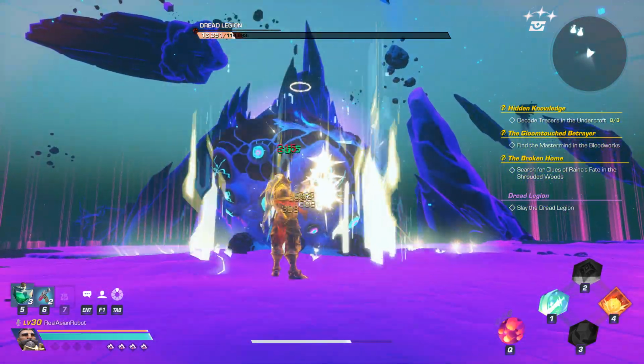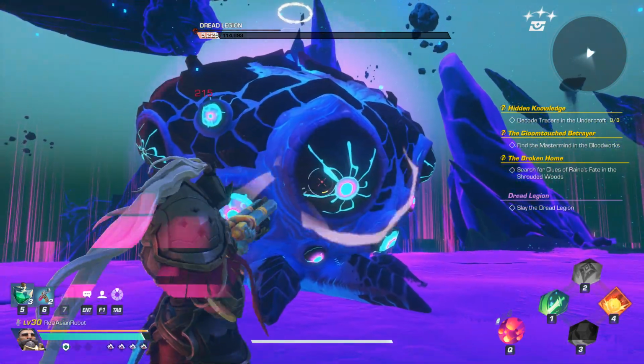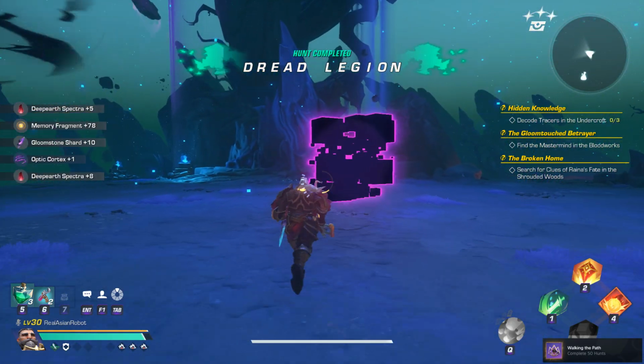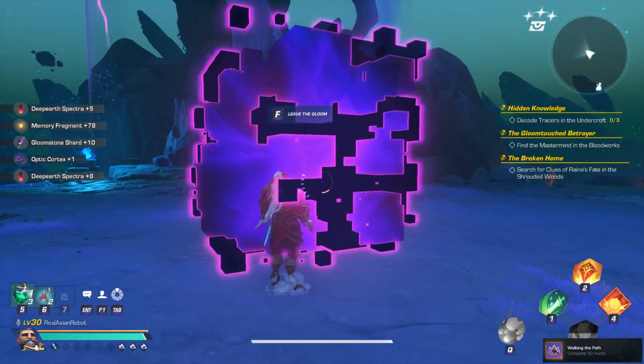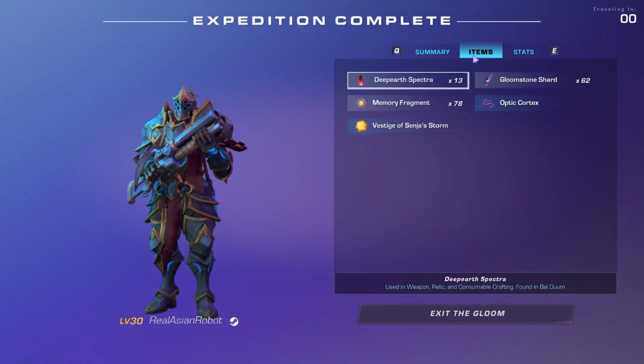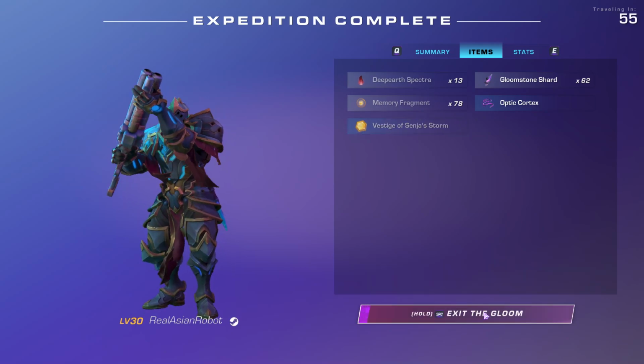But yeah, this is how to beat the Dread Legion. It is very annoying. I'm just gonna say that straight. Okay, but once it's done, it's done. Tempest is a quick and easy way of getting through it. And plain and simple, that's the end of the story. And you're gonna need this to get Senja's Storm anyway, so